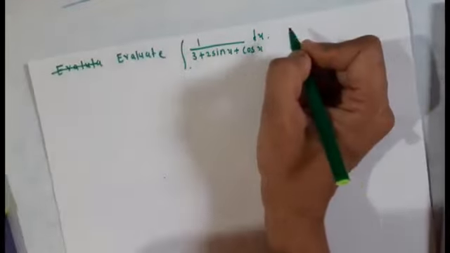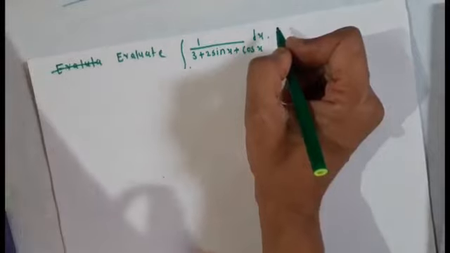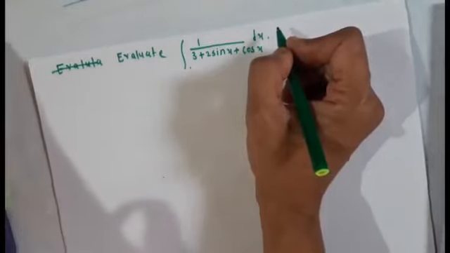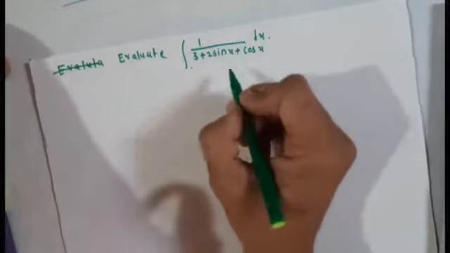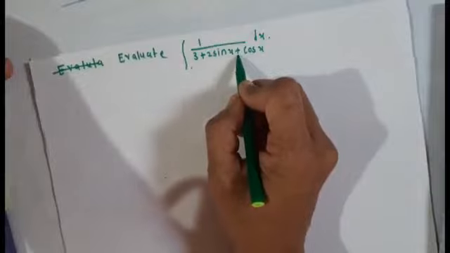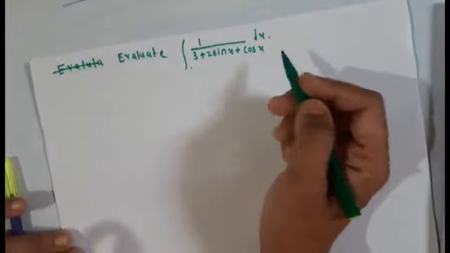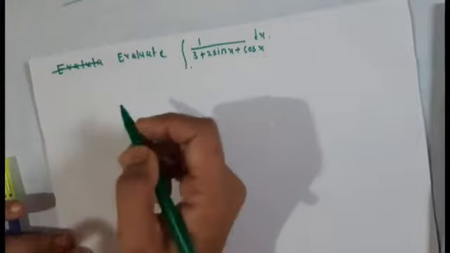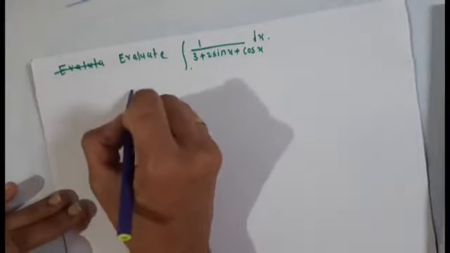Students, remember that we are solving the problems from exercise 3.2b, question number 2, and in question number 2, the sub question 4, there is a correction for the problem, that is instead of minus sign, please correct it to plus. Okay, 3 plus 2 sin x plus cos x. Evaluate this.